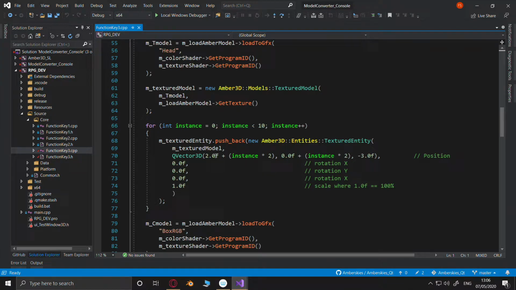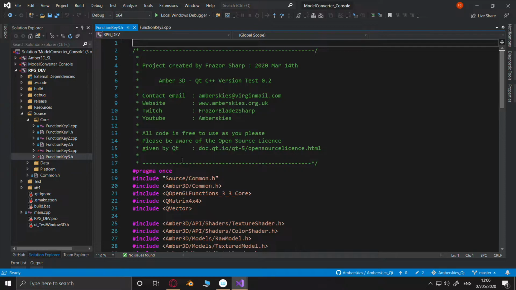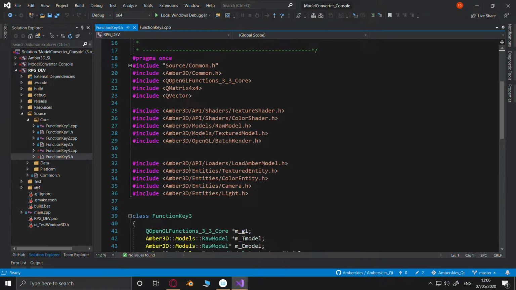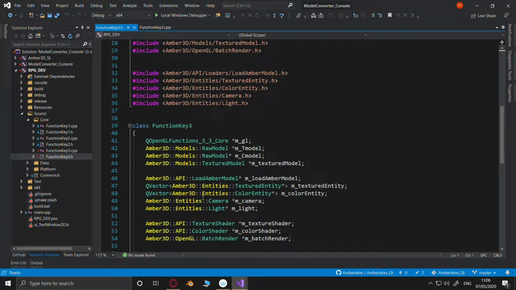I then went, yes, let's do the header file first. In the header file, add Q vector, and put Q vector, textured entity, and color entity. And make sure that you put textured entity star, color entity star inside the angle brackets.